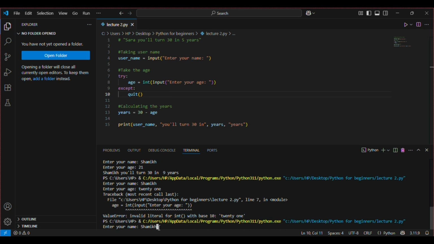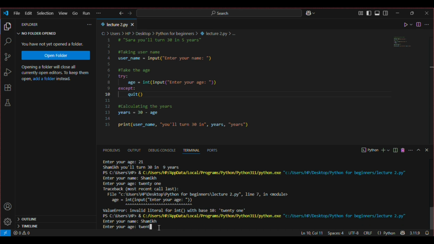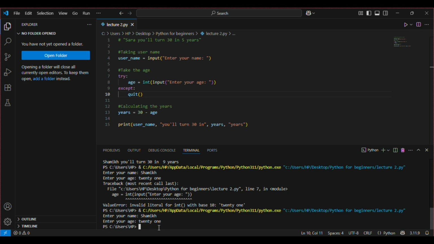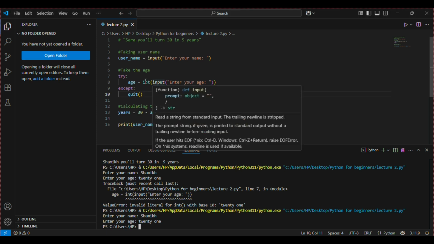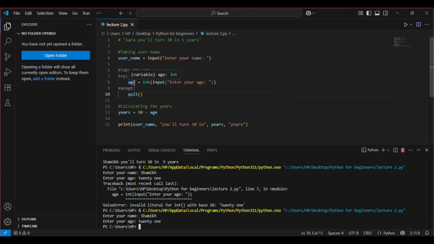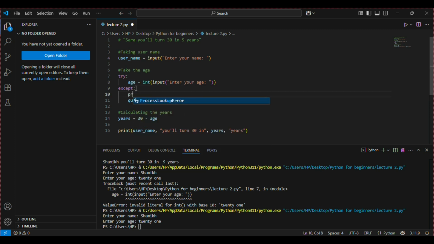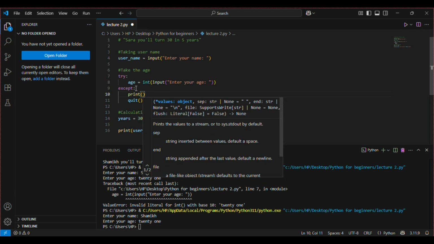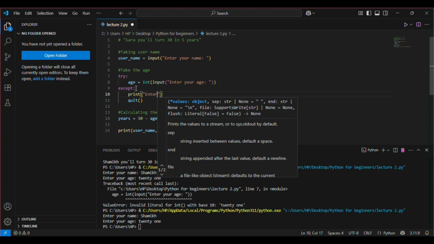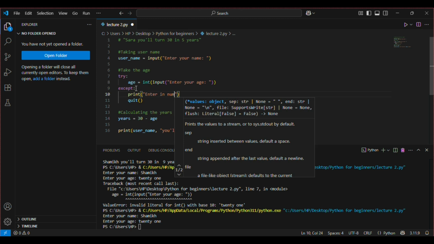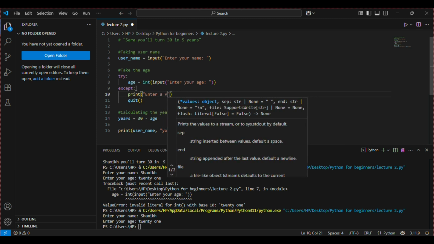Let's say I write Shamir, 21, and it quit. Now what happened here? Basically, by using this try, it will try to convert the input, which is 21, into an integer. And if it cannot convert it into an integer, it will execute this part of the code. We can also write print, enter a valid number